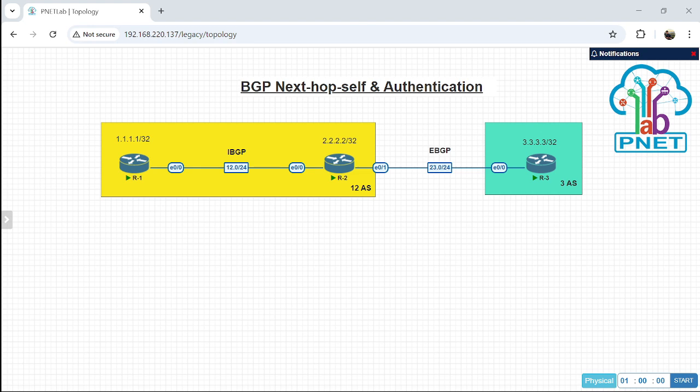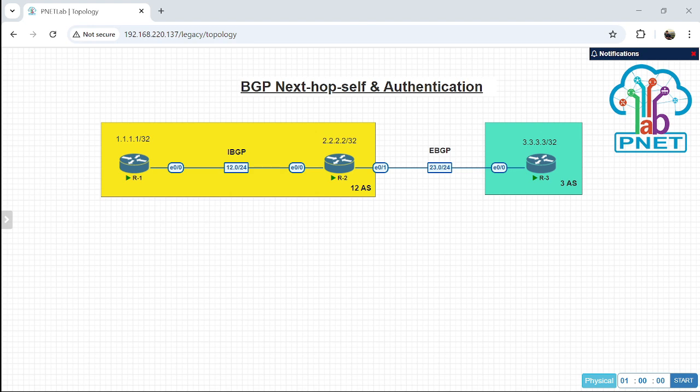So we are going to the next material, which is about authentication. As you know, authentication is used to protect or defend an interface.